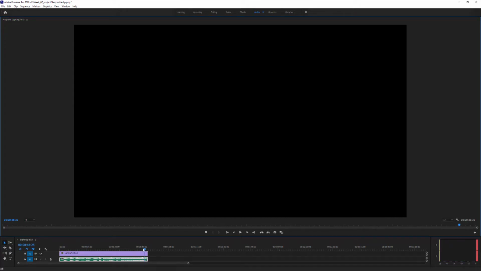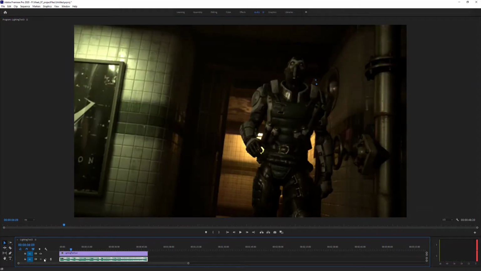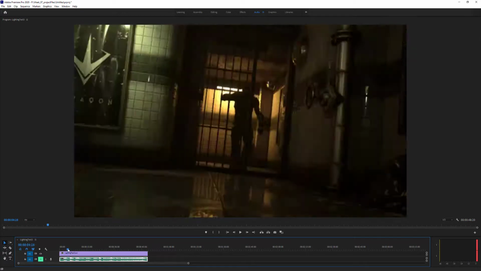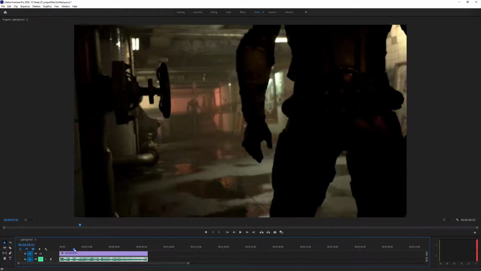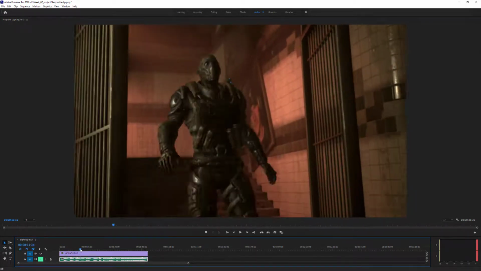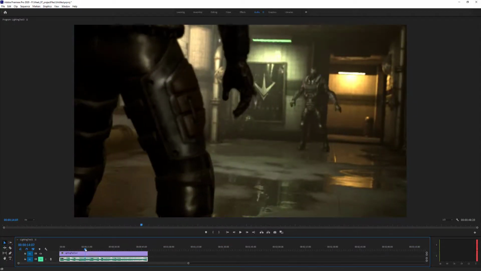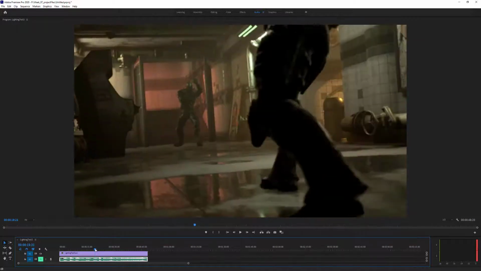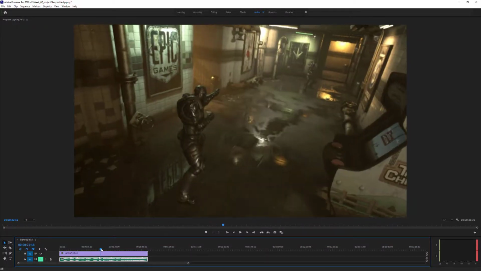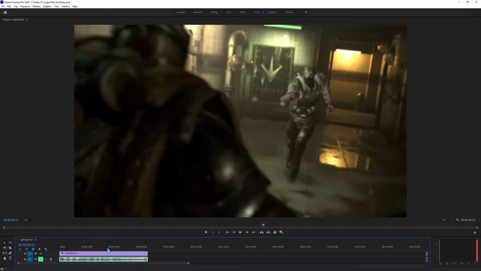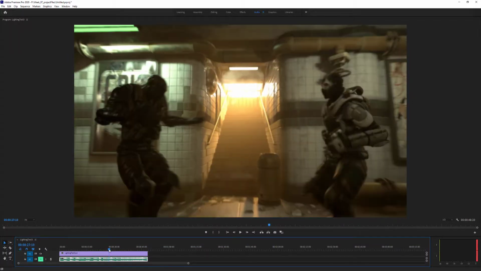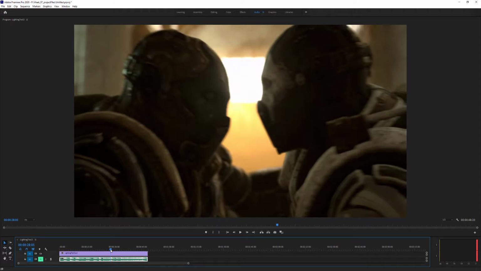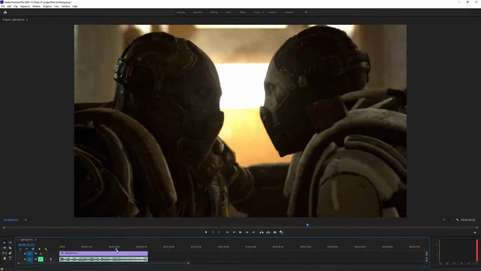So this has been only lit in terms of the environment first. Okay, so the characters aren't lit, they don't have any rim light, there's nothing done for the characters just yet. There's also a different color palette than last time. I'm experimenting more with different color palettes and seeing what I can work with and what people seem to appreciate